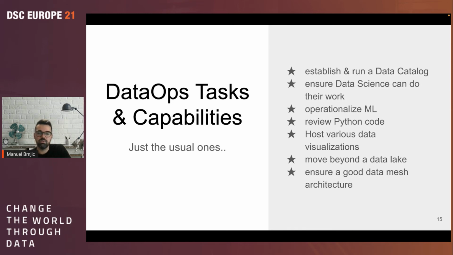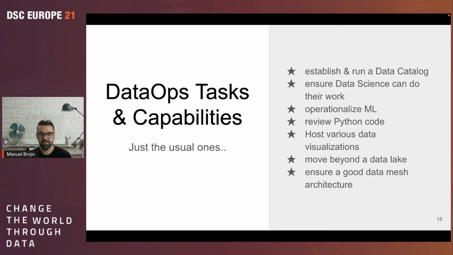Coming to the last three points, but not least, you have to be able to host various data visualizations. Just providing some data access with an indexed data catalog, where people can have direct access to some data sets, is of course not enough. If you want to have popularity, you have to provide some nice visualizations together with the data scientists, where really the rest of the company starts valuing your work.